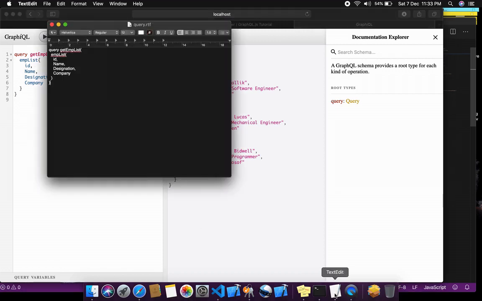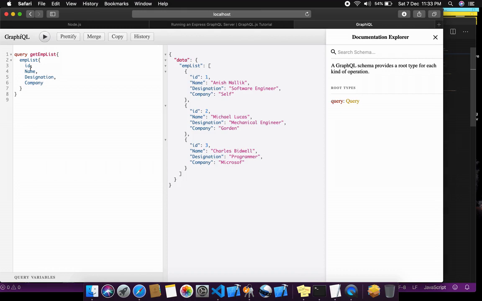As we know, we already saved this query over here. Now just filter the employee list. Here we will pass an ID in the form of an integer, and whatever function we define within the code, just do it over here. Pass the parameter ID. It will return ID, name,